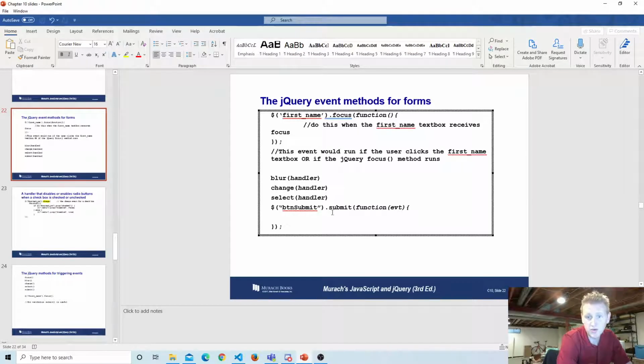So again, what we're doing is we're targeting the submit button, and we're saying when the submit event occurs, let's